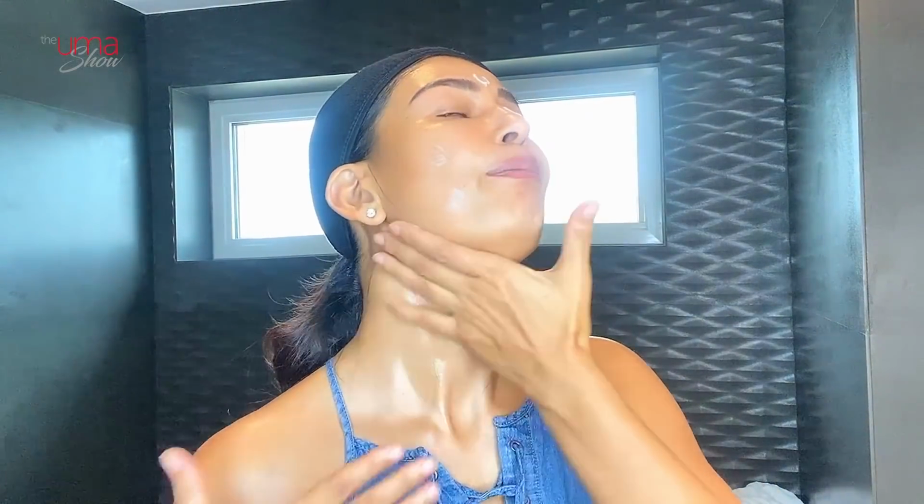Don't forget the neck ever. I also usually apply everything on my chest because face starts from here. It's not just here. And you can actually incorporate a little bit of massage even while you're applying